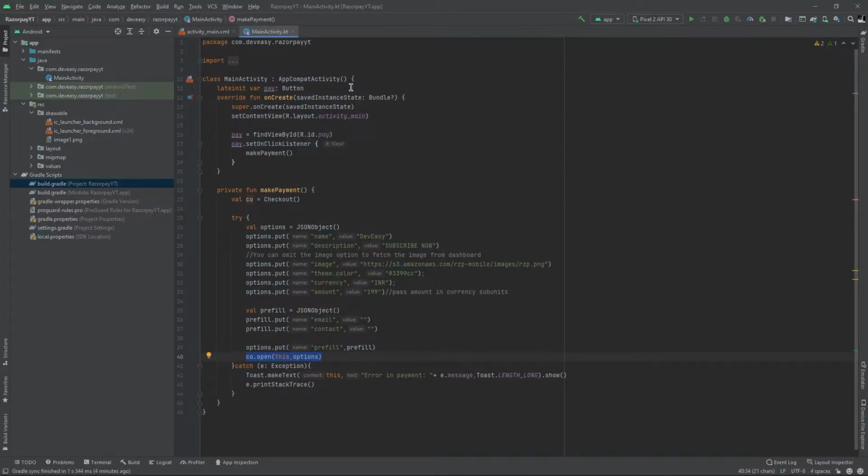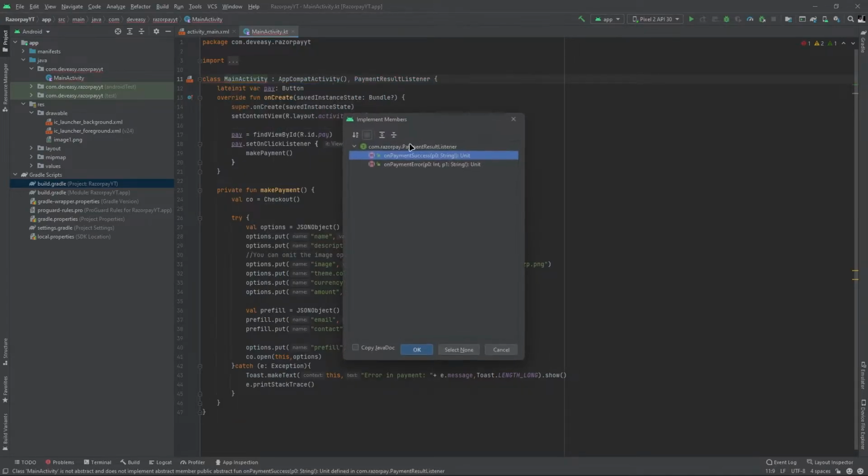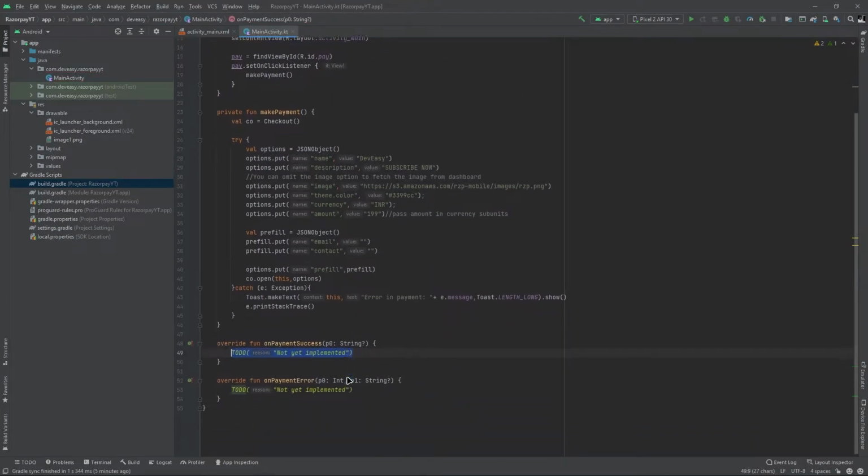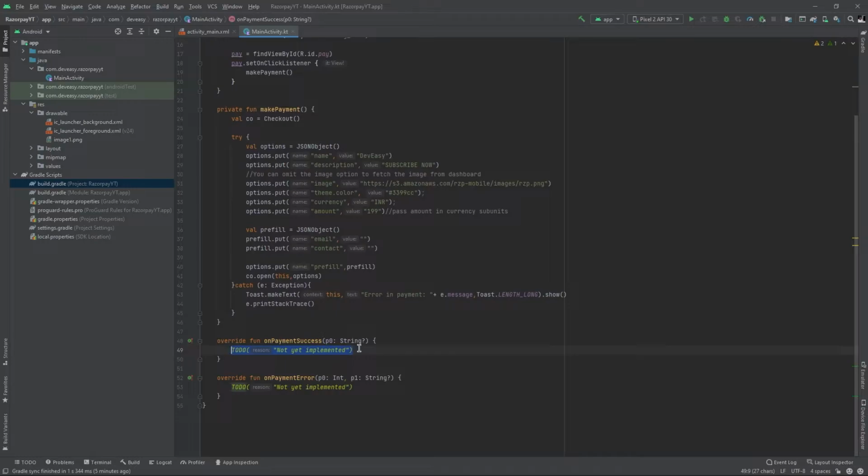We will go to our main activity and add that here, and you have to implement the members. So let's implement both the members. So here we have the members. So when the payment is success, we will just show the toast here.